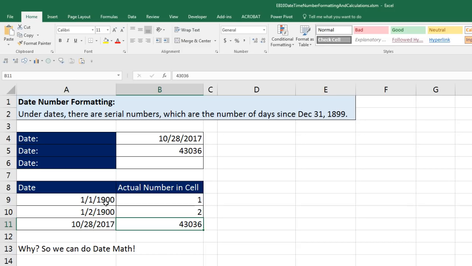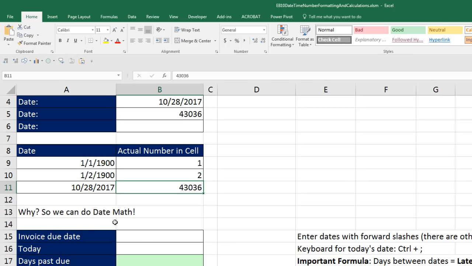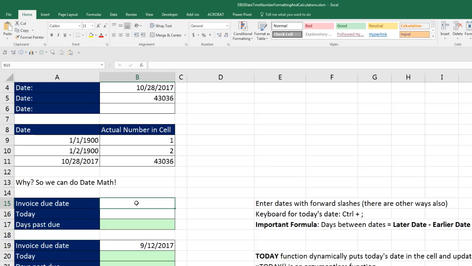It's just pure genius that they thought this up. It's so we can do date math. Now, to illustrate date math, we're going to calculate the days past due for a particular invoice. So we need to know the invoice due date, and I'm just going to type that date here,